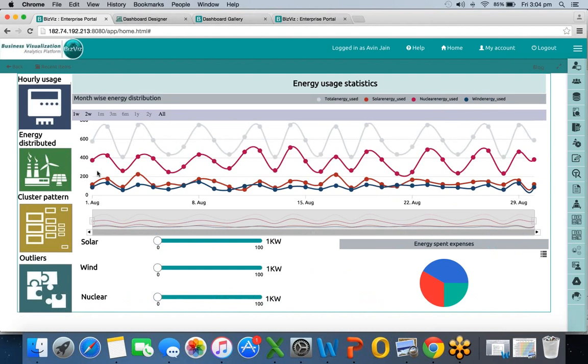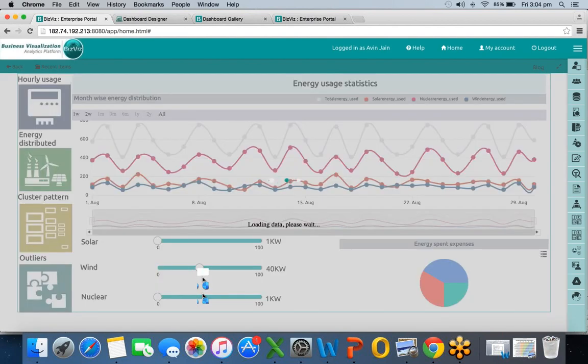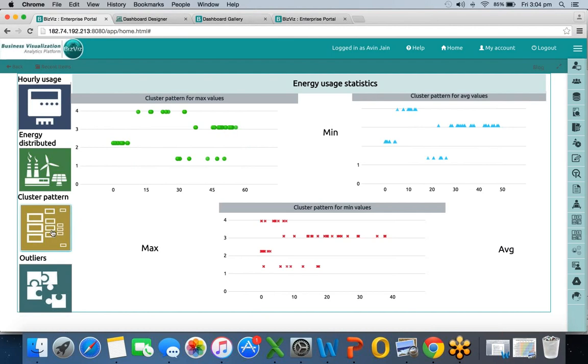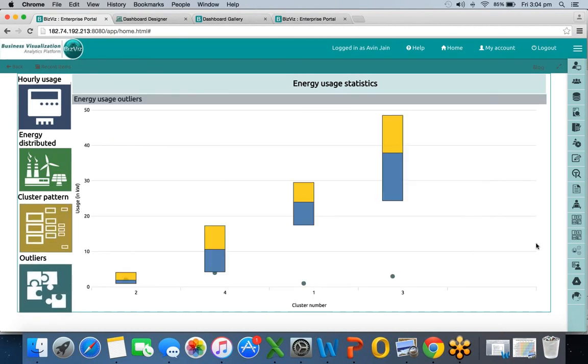You can even show the distribution of different types of energies, whether it is solar, wind, or nuclear. You can even have what-if types of modules. You can create cluster patterns and outliers using our